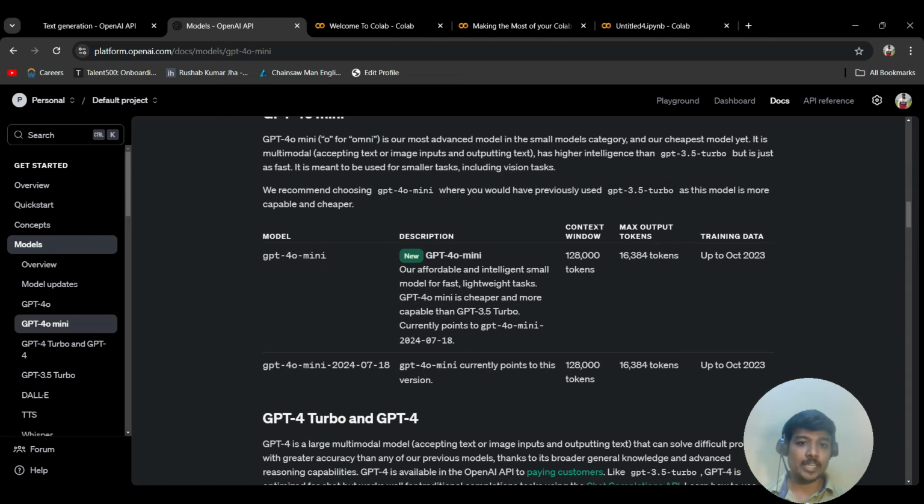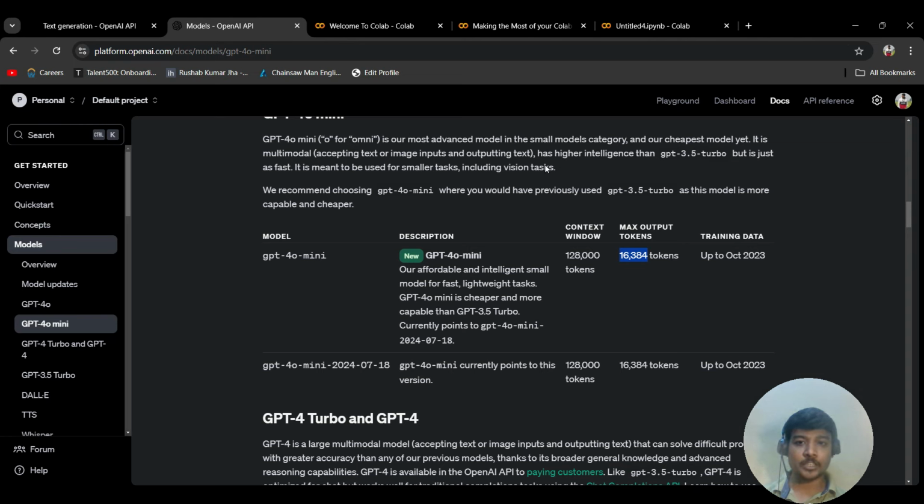You can see the context length, the context window. Basically, the context window is the number of tokens it's able to handle in one go. So probably 128,000 means you can easily ask the model to work on an entire book itself, and the maximum number of output tokens it's able to generate is 16,384. So it's very high, right? The training done on this model is up to October 2023, right? So for the past couple of months, it's not trained on that data or any new data that has come after October 2023 till date.